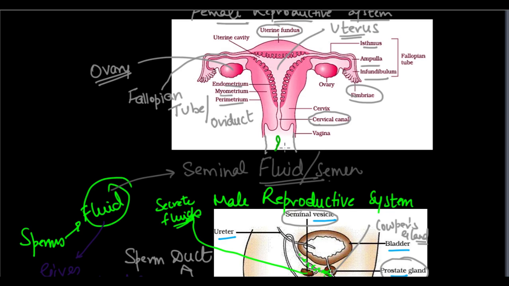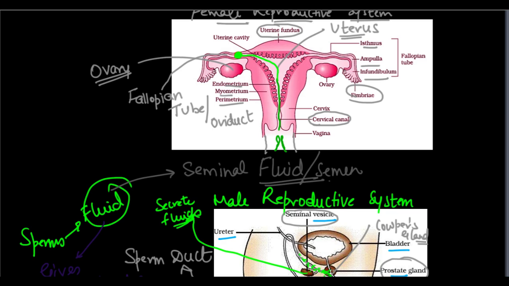Now after the intercourse, the sperms enter the vagina and move down, and basically the egg is here in the fallopian tube, right? So the sperms move down and go and fertilize the egg, which is in the fallopian tube. It can go either here or here, right? So when the sperms are released during sexual intercourse, they finally go and fertilize the egg in the fallopian tube.